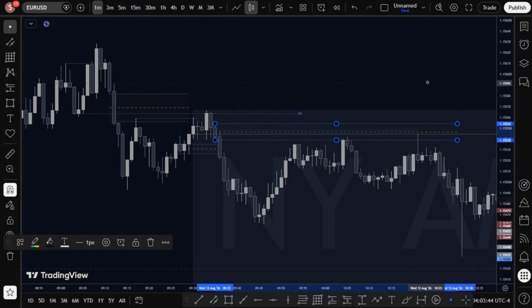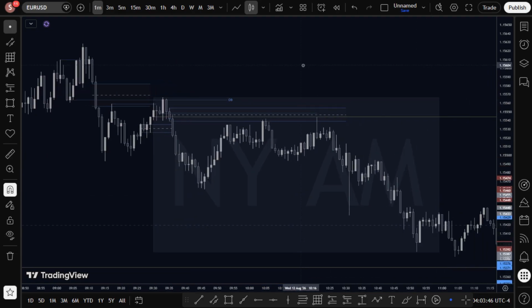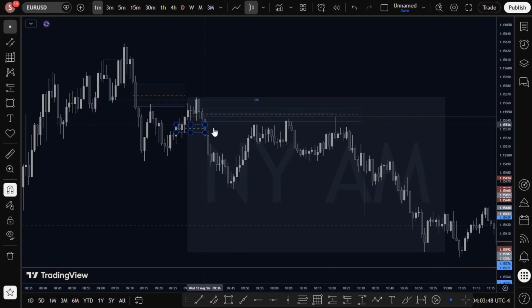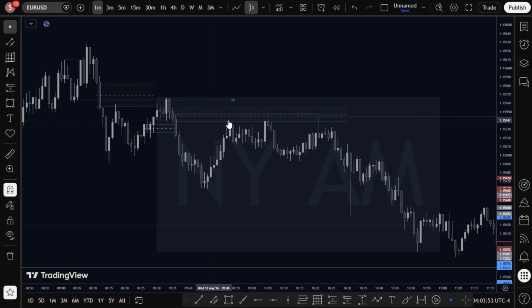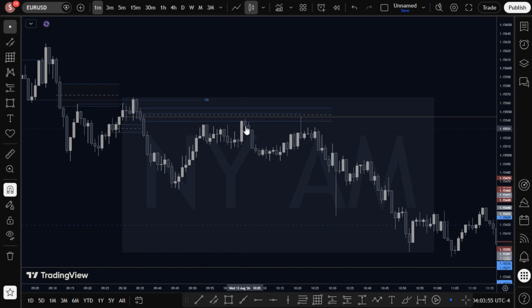Sorry, in the entry method, I was supposed to put supply and demand flip. Sorry, I didn't add it. Supply and demand flip is very important. So that will be my entry. So you either enter here, or you enter as soon as price rejected and closes in your direction, or as soon as price rejected and closes below. Those are possible entries. So this will be your entry, or this will be your entry. So you can enter here,